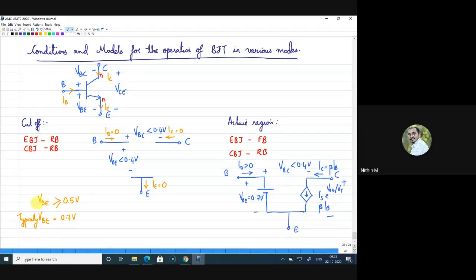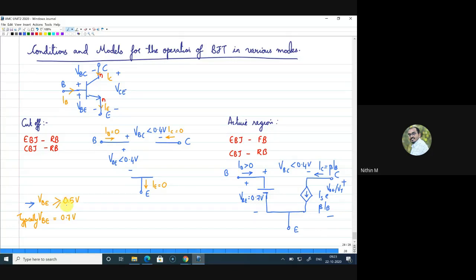Okay, all right. So what I told before is that for a PN junction to be turned on, the minimum voltage should be equal to or greater than 0.5. When I wrote this as VBE, what I meant is the forward bias voltage across a PN junction, right? But the typical value we take is 0.7 for a silicon diode. So what I'm telling is that minimum it should be 0.5 or more, just to make sure that a PN junction is forward biased.